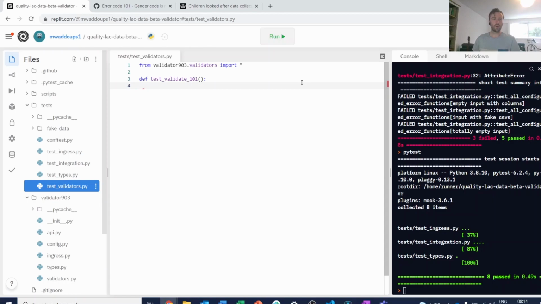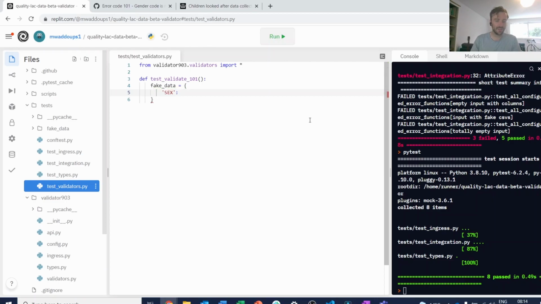So we talked about what this might look like already. I think what we want is to create some data that we expect to be picked up as a validation error, and then write a test that checks if that's picked up, and then we can check and see if our system actually does that. So what we'll do is we'll create this fake data first. We'll make some fake data here, and what this will look like will be